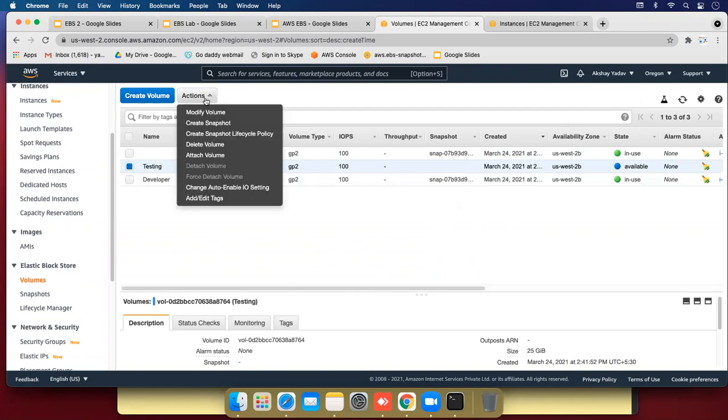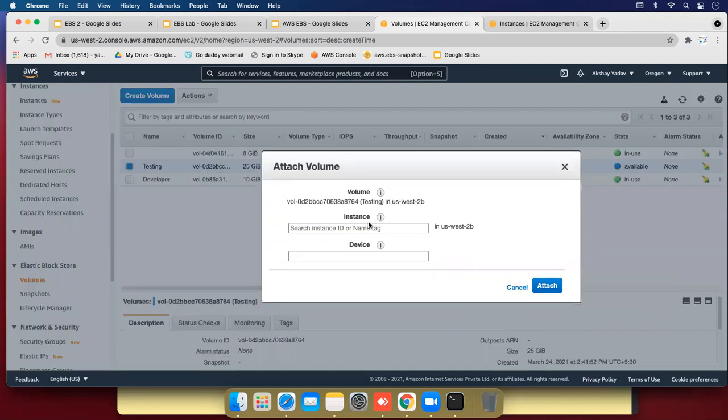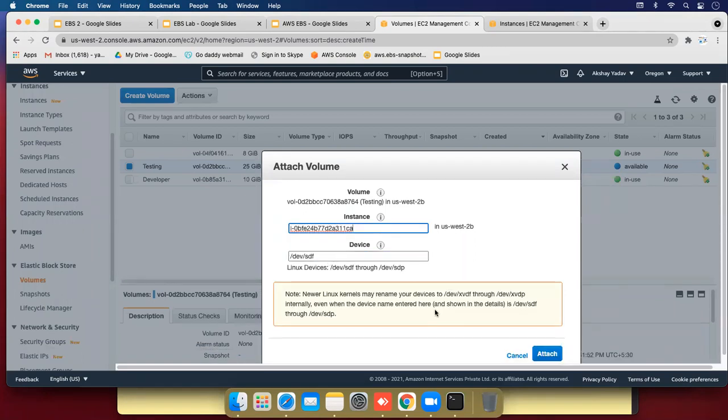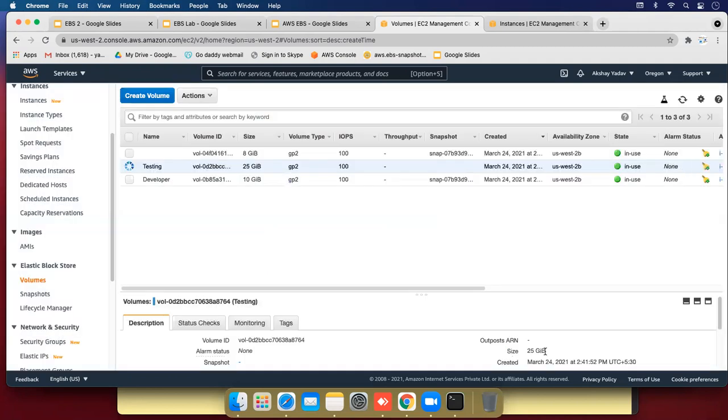And let's attach it to another machine: modify volume, attach volume, and attach this to the admin machine, as xvdf. The availability zone must be the same, otherwise we cannot attach. We can attach in a different zone, but we will see that next using a snapshot.